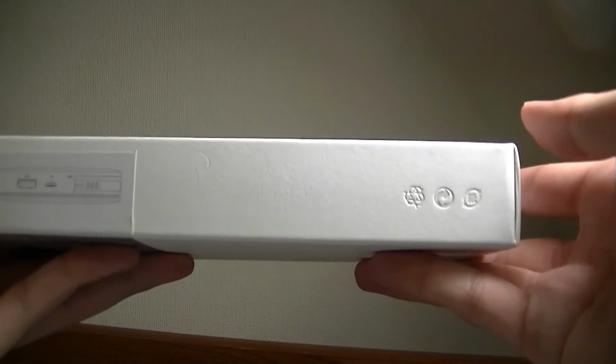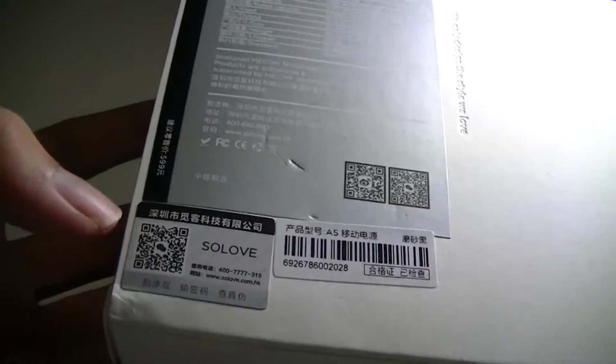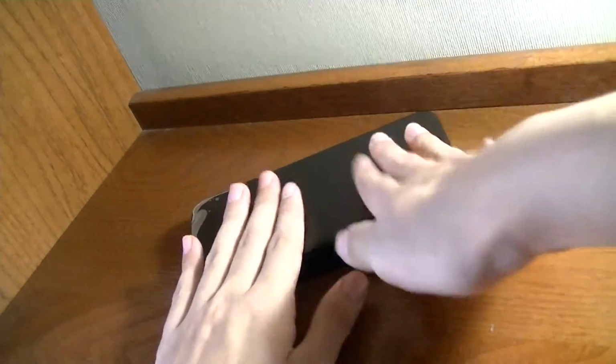Even the packaging here seems different from other kind of power banks I've seen. It seems just a bit more professional and custom made, kind of like Xiaomi in how they put things together. Everything is just very simplistic. There is a QR code you can scan to learn more about the product. So in the box, aside from the power bank unit, which we'll take a closer look at in a second,